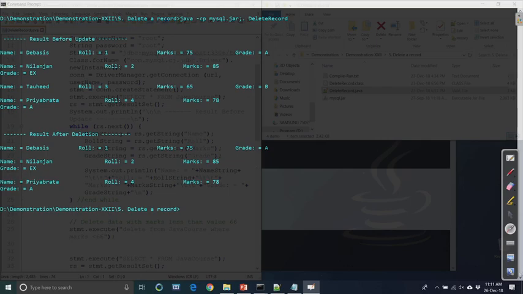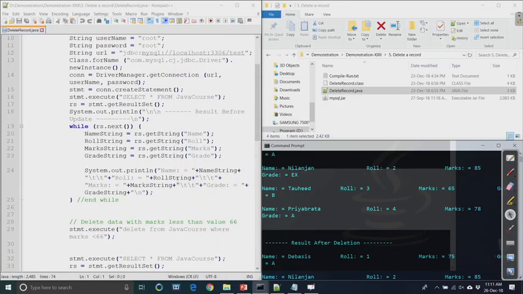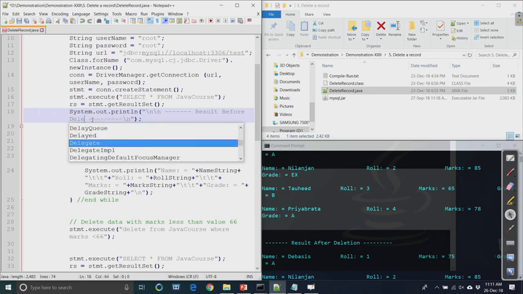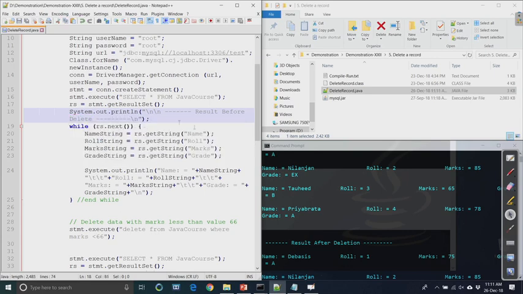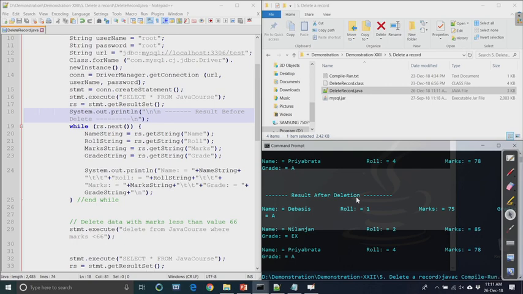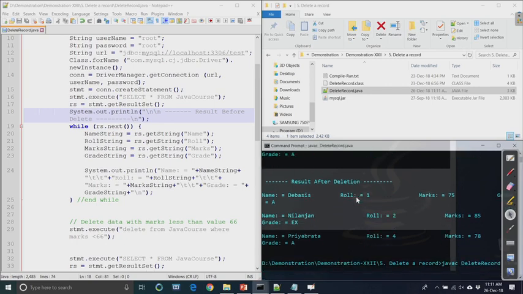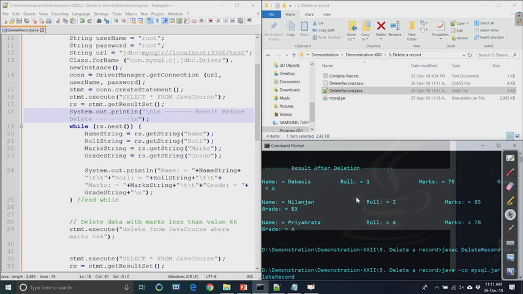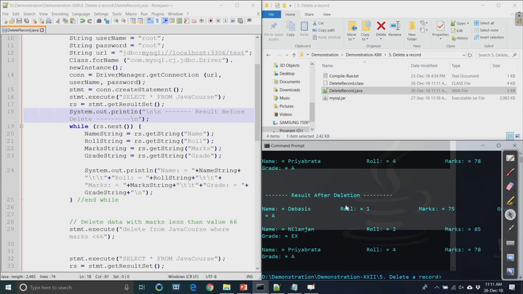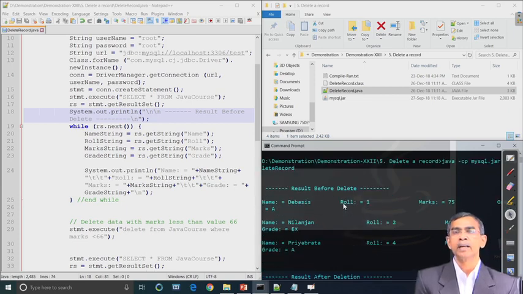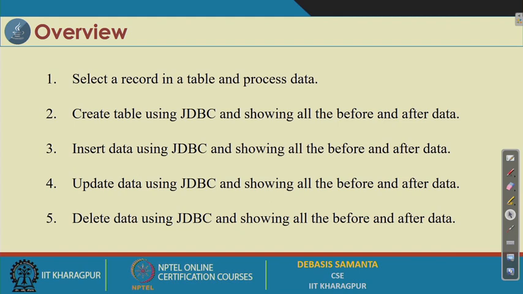So, we have learned about how the result set object works. Now, so far as JDBC programming is concerned, there are few steps that we have learned, and we have given sufficient demonstration, starting from how the MySQL server can be installed, and how the MySQL server can be used through the console based access, then connection to the server using JDBC, and how the JDBC driver can be downloaded and archived, and then the command can be executed, and after the execution of the command, how the results can be received into the program, and the program can process these things.